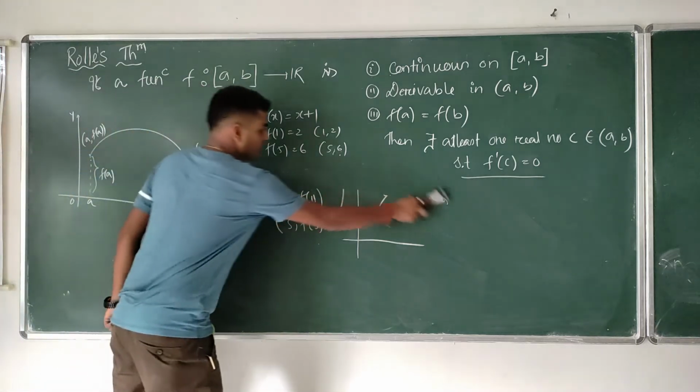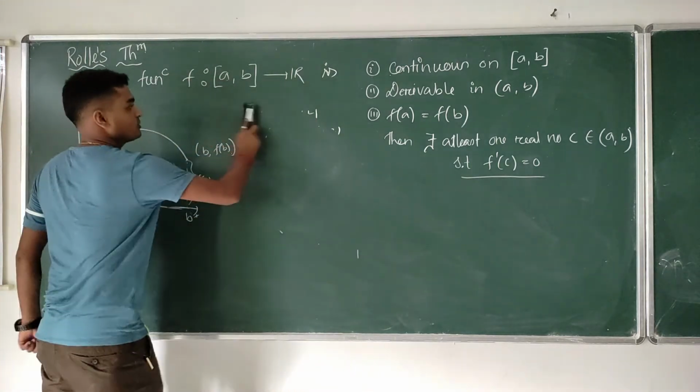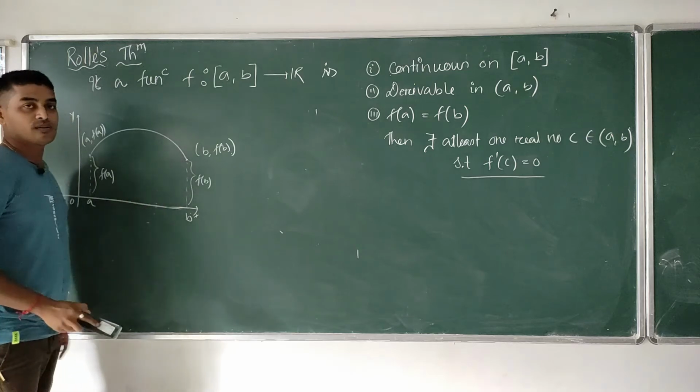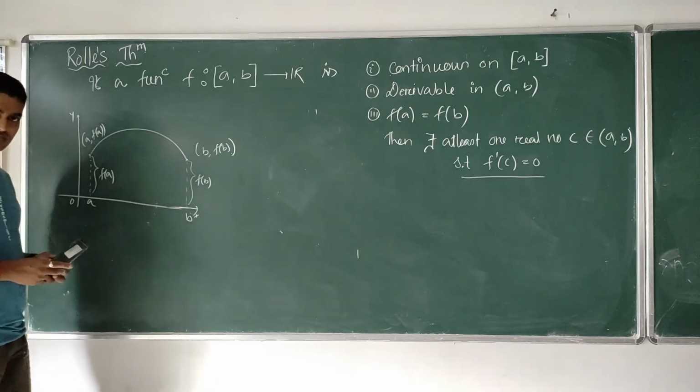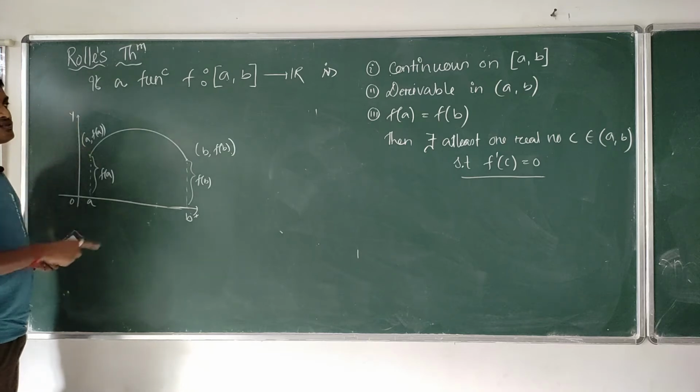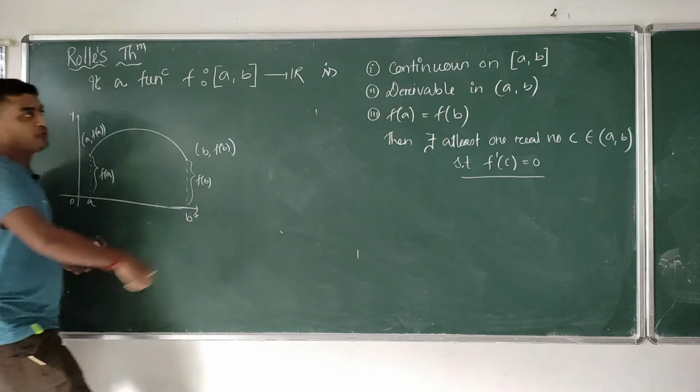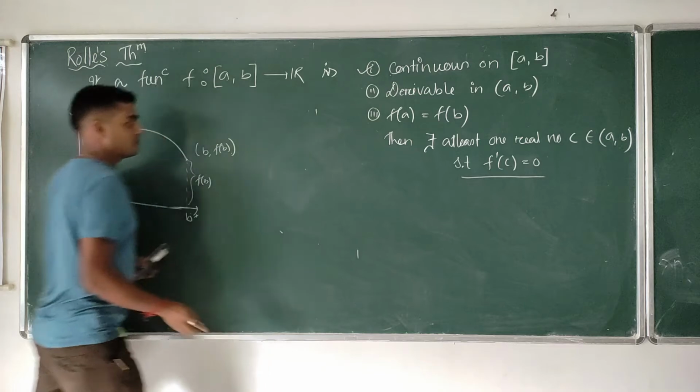Okay, so let us consider a function f which is defined from the closed interval a comma b to R, and suppose this is the curve, correct? If the function is continuous on the closed interval, first point, if the function is continuous on the closed interval,